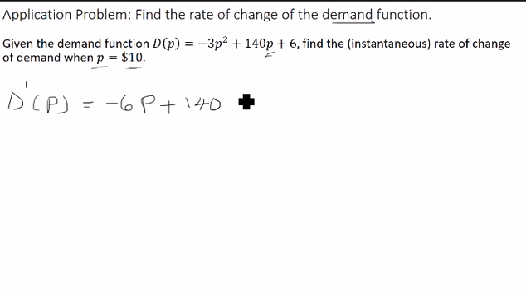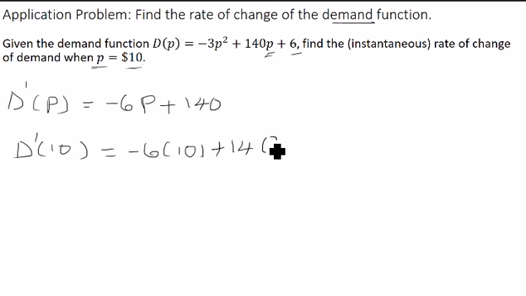Now we're going to do the evaluation of this derivative at 10. So that's going to be negative 6 times 10 plus 140. And negative 6 times 10 is going to be negative 60 plus 140. And if you do this calculation, you should be able to find the final answer. So it's going to be negative